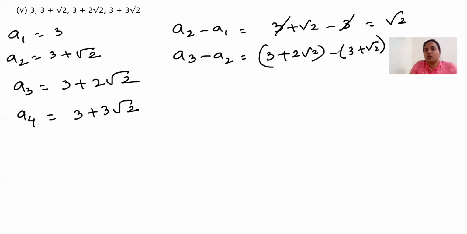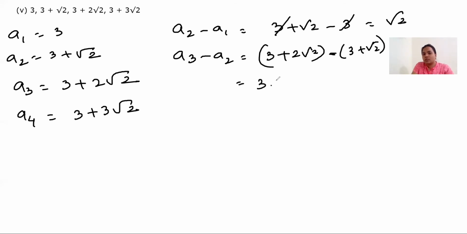Keep this thing in mind. Don't write this minus without brackets. If you write it without brackets, it means this plus root 2 will remain as it is. So whenever we are subtracting any binomial, trinomial or polynomial, we keep that polynomial in brackets. If we are adding also, make it a habit of keeping it in a bracket, because this minus sign is for all the terms.